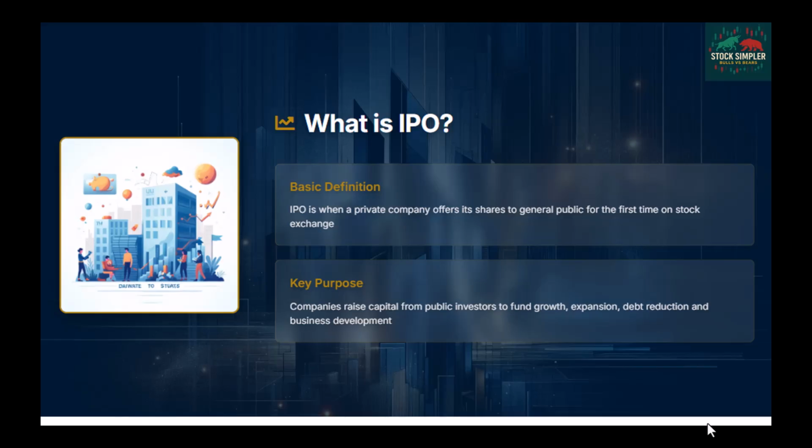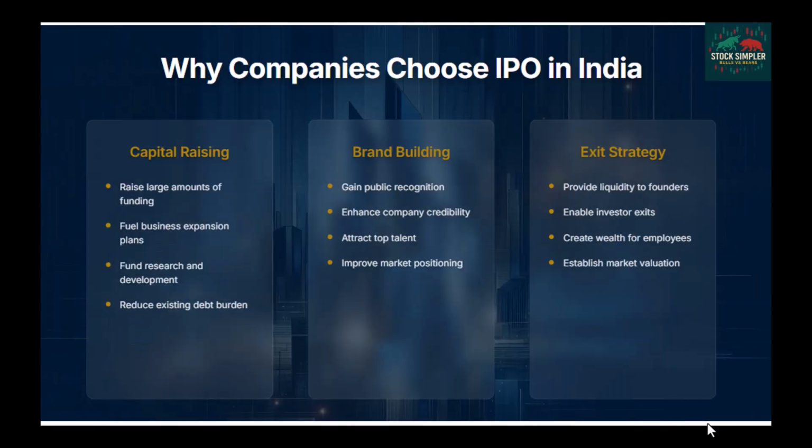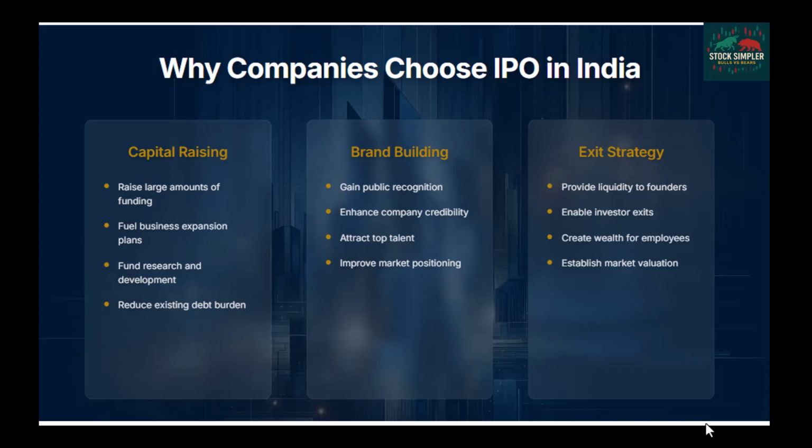Then the immediate question arises, why does the company go public or come up with an IPO? Companies go for an IPO for several reasons, that is, either for capital raising, for brand building, or for an exit strategy. In the case of capital raising, the company raises a large amount of funding from the market, which can be utilized for business expansion plans, for funding research and development projects, for reducing existing debt, and also for salaries of